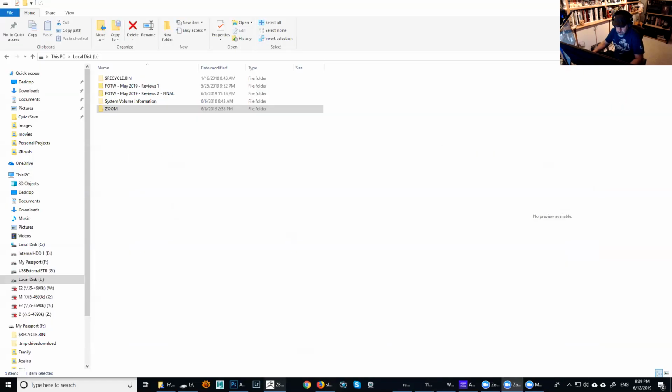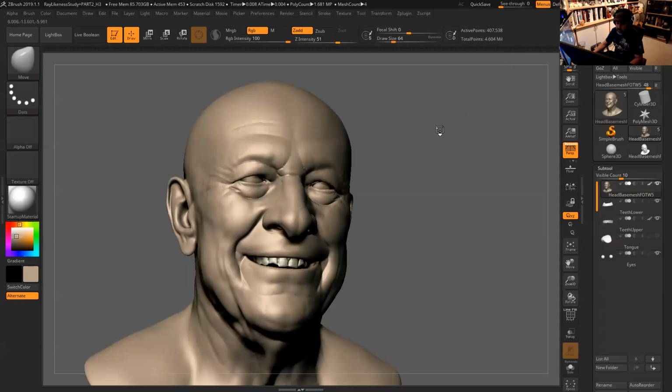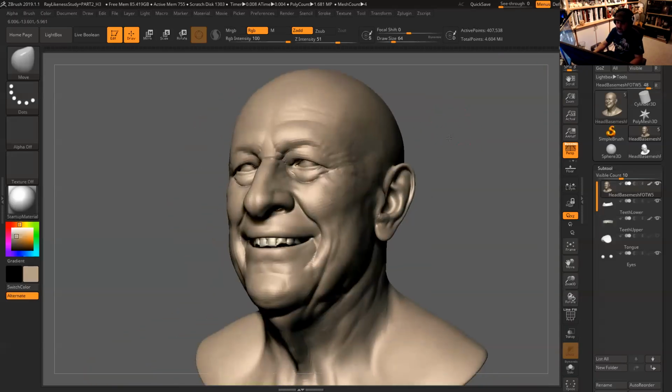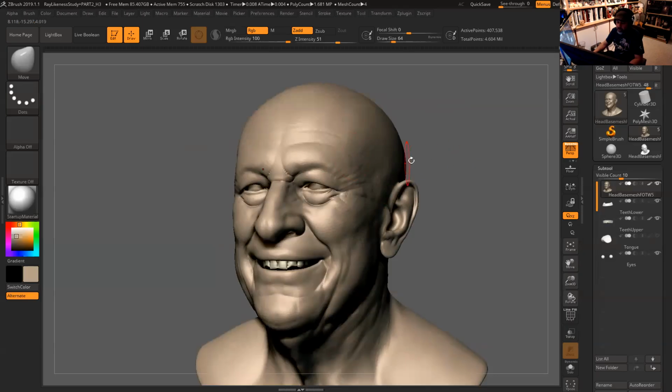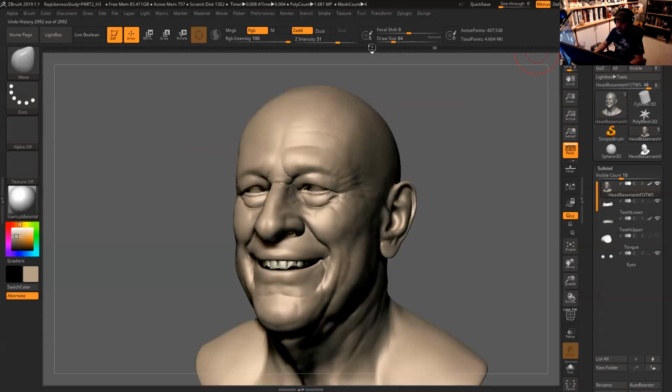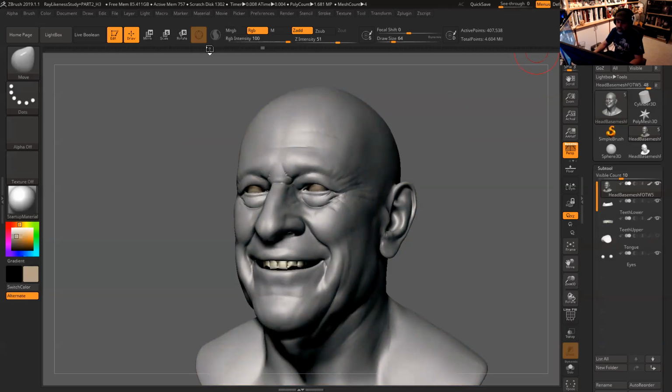So my model from yesterday, I saved this. I posted the link as you guys asked. So I kept working on it for another hour and a half or 2 hours, and then I posted it in the, you know, I don't know if you ever used this thing here. But for example, if you had the whole session of modeling, a lot of you guys are gonna know if you use ZBrush a lot. But in the spirit of sharing everything that I'm doing here, so we don't bypass any step.